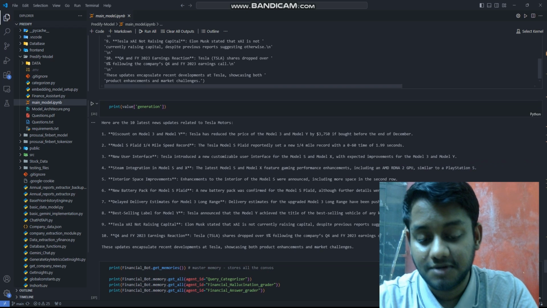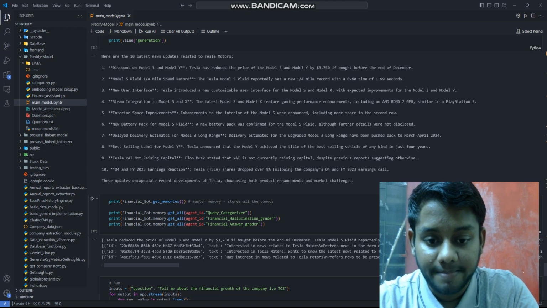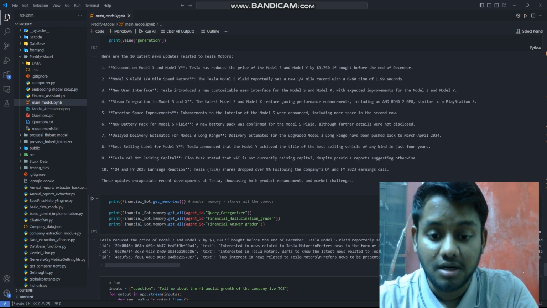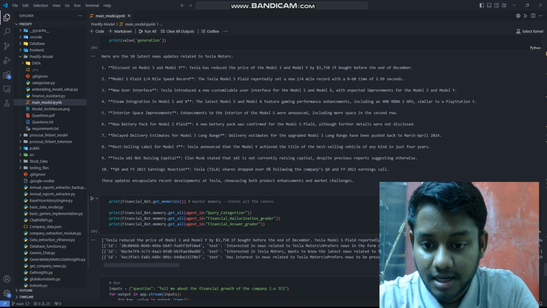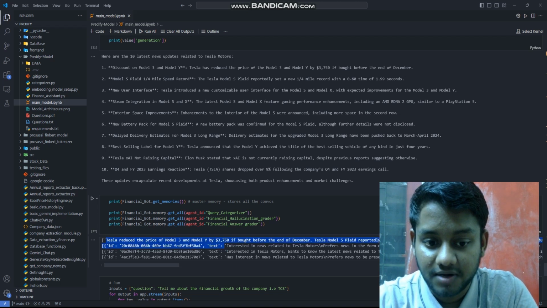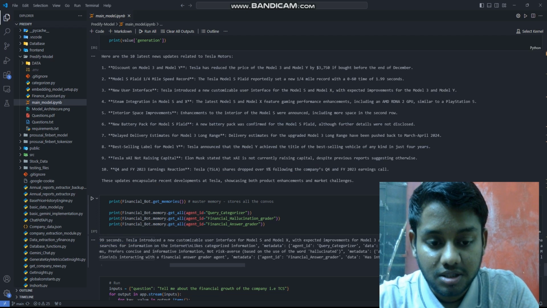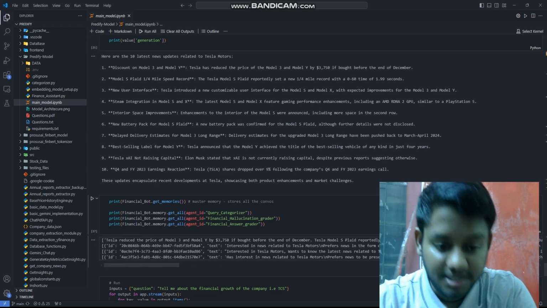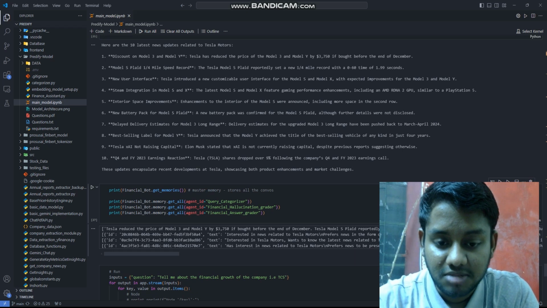It does all the research for you, and also self corrects, and you can check all the memory it has stored for you for future reference and all. As you can see, the master memory stored the interaction, that is, what was asked and what was the conclusion. So you can reference all this to re-engineer the prompt for better personalization. Along with that, the data the query categorizer uses is also stored here.